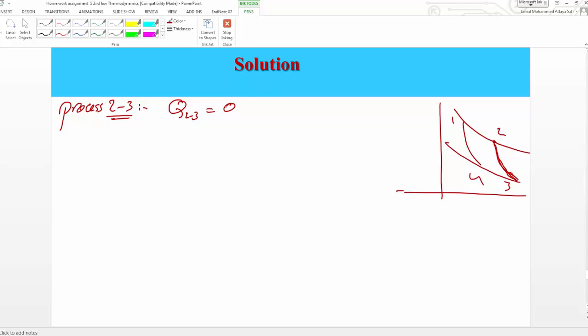And applying the first law of thermodynamics, Q2 to 3 minus work 2 to 3 equals m times (U3 minus U2), the difference in the internal energy. And this is 0,